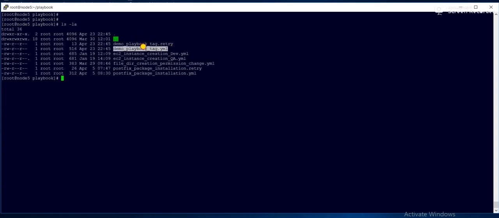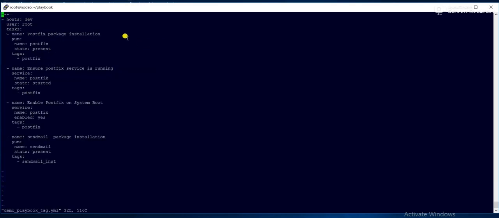In this playbook, the hosts value is dev, which is the group name where we are going to run the playbook, and the user is root.